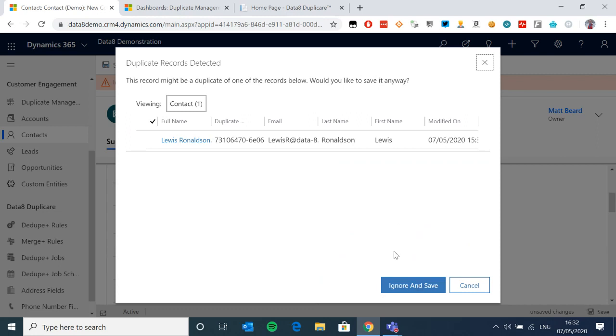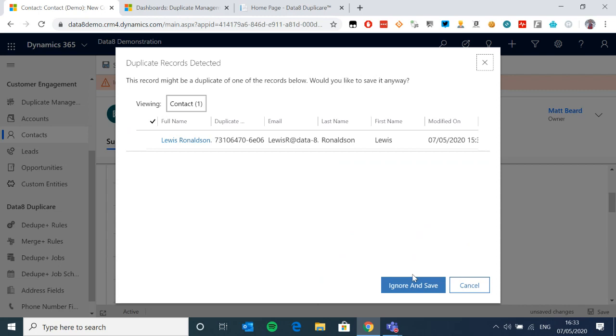And what do you do here? What are your real choices once you know you've got a duplicate? You've got two, which is ignore and save, or cancel. Now, ignore and save, what that realistically translates to is, yes, I know it's a duplicate, but I don't care. I will save it and I will go and fix it later on, I promise, and I don't. The other option you've got is cancel, which is, all right, I will admit this is a duplicate. What I will do is I will go and find the other record, and that new phone number I just got, I will go and retype it again, and I risk missing a key or mispressing a key or forgetting to do so.